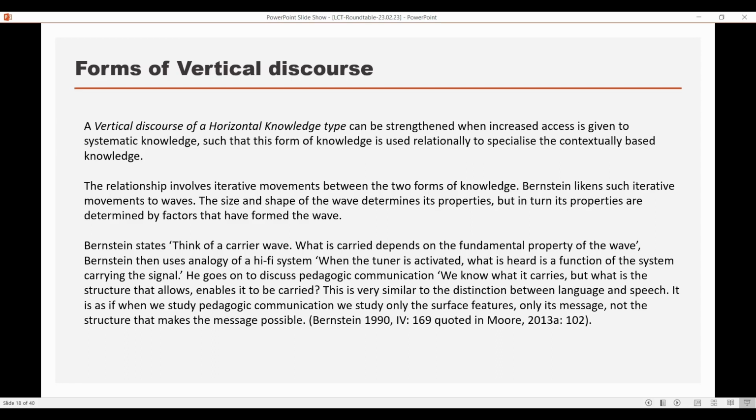We must watch out for this, because I've had this with linguistics, where people have said semantic waves comes out of Firth's work in linguistics, because they've mentioned the word wave, not realizing it means something totally different. He's not talking about movements in the nature of the knowledge being transmitted. He's just saying that, analogously to carrier waves, education is different if you change its internal structure, the very complex nature of the pedagogic device, and you will get different outcomes. But what you have to watch out for is retrospectively